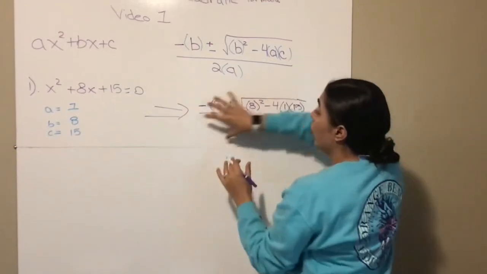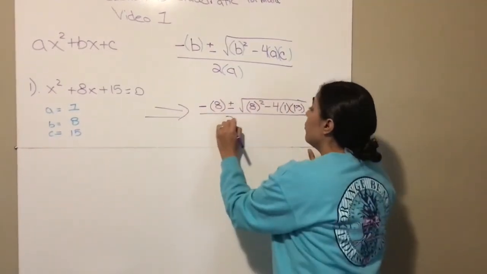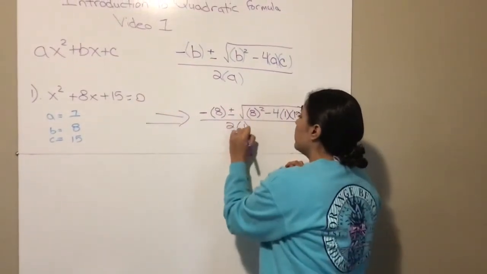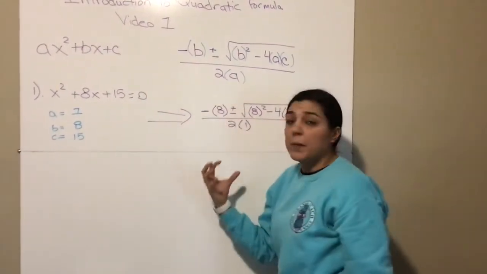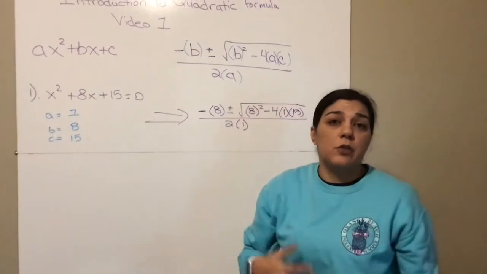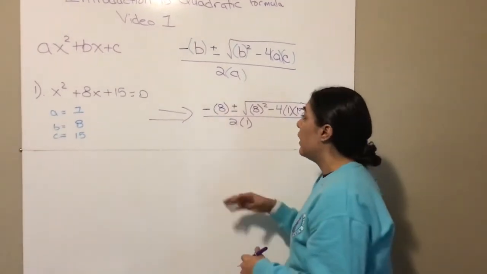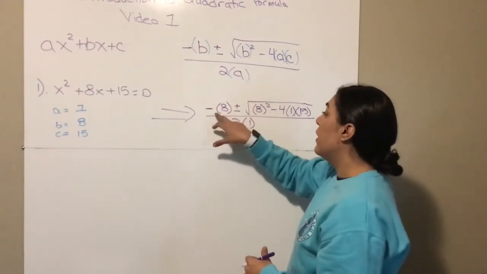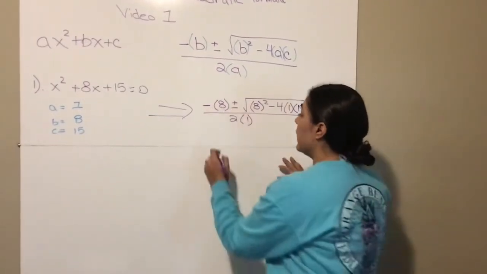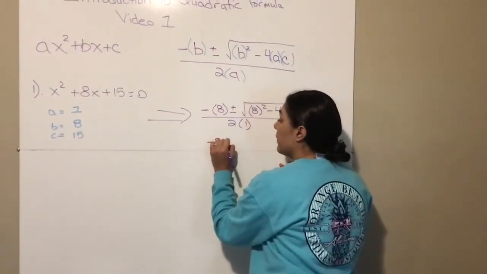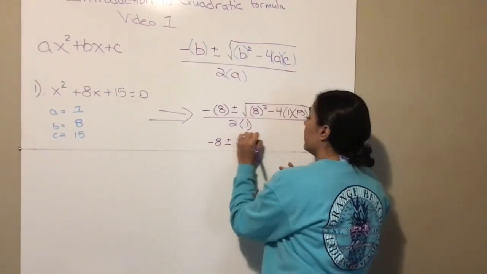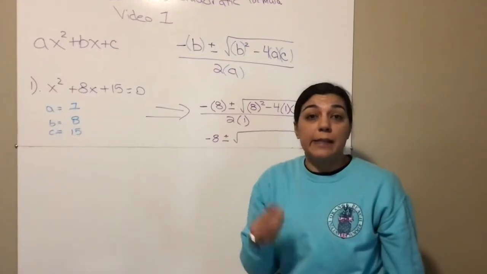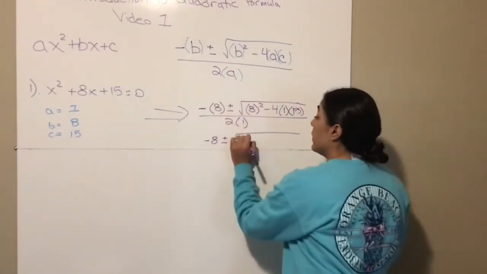And it's all over 2, and our a again is 1. Then just piece by piece, all it is is multiplication, division, addition, subtraction. So you guys should all be able to do this. So negative, and it's really times, but you're going to get negative 8 plus or minus 8 squared. Squared we already talked about, but 8 times 8 is going to give you 64